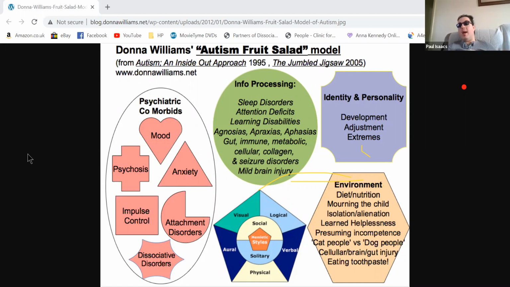Mourning the child. If someone mourns the child, I'm not going to judge parents or guardians that mourn the child. Chronic mourning means that maybe the parent needs to go into counselling or speak to a friend or get some help. Parents should never feel ashamed of having a framework of how a child will be. You imagine how a child will be before they're born, and then you have to replace all those expectations with what's happening.